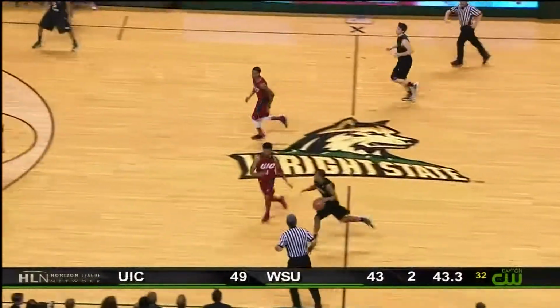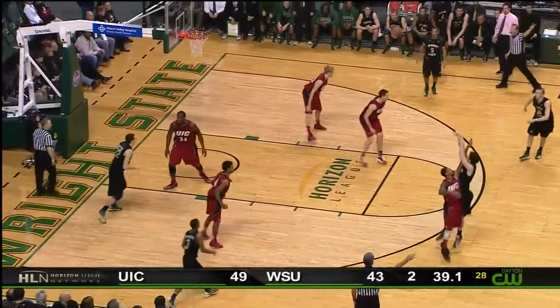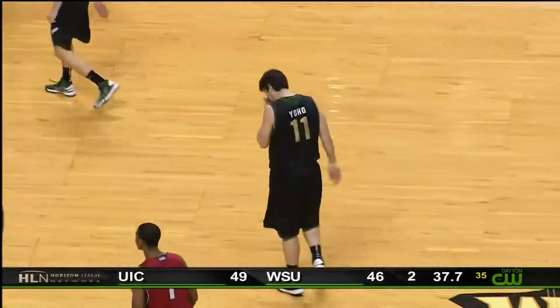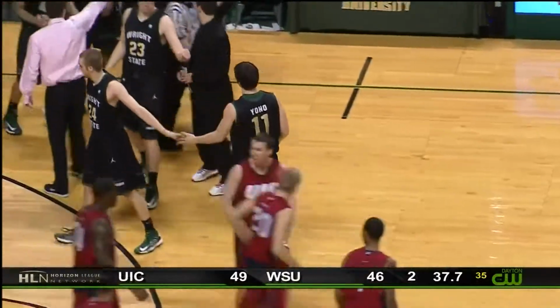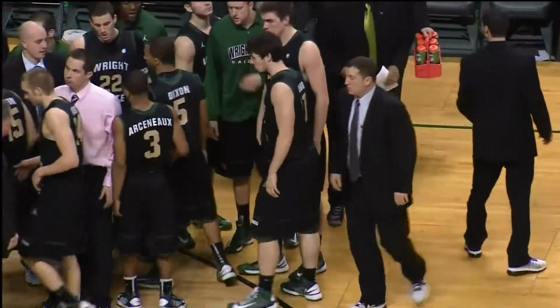Clock rolling. Reggie Arsenault brings it down, dumps it off to Matt Vest. Here's Yoho for 3, and he knocks it down. It's a 3-point game. Tell you what, you better turn around if you're headed for the exits. This baby isn't over yet. It's not over when you have JT Yoho. That kid...